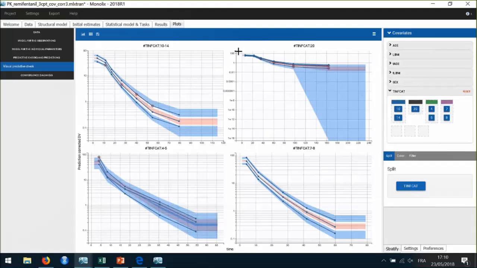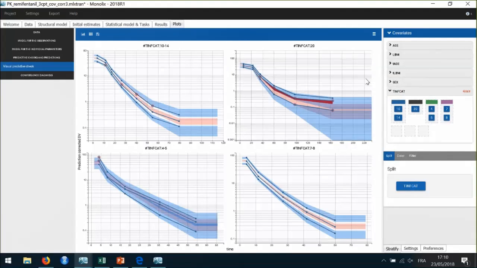And with this, I can zoom a bit on this part here, and I can see that the remaining discrepancies affect mainly the subplots corresponding to T-INFCAT equals 20, which is the group with the most variability in the data set. So all in all, overall, this model fits quite well the data set.